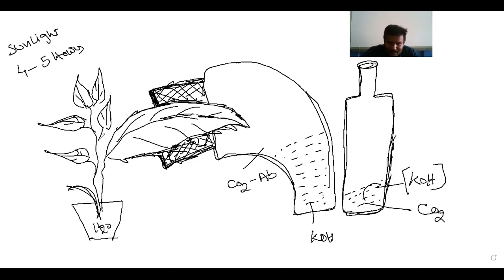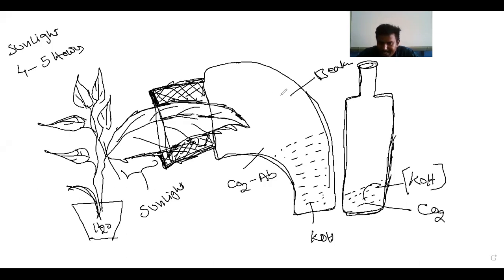After 4 to 5 hours, you remove this leaf, detach it from the glass beaker, and observe this leaf for photosynthesis. What happens after 4 to 5 hours? Here, half of the leaf was inside the beaker. The remaining half leaf is exposed to sunlight. The other half was not exposed to the sun rays. It is located in the beaker.